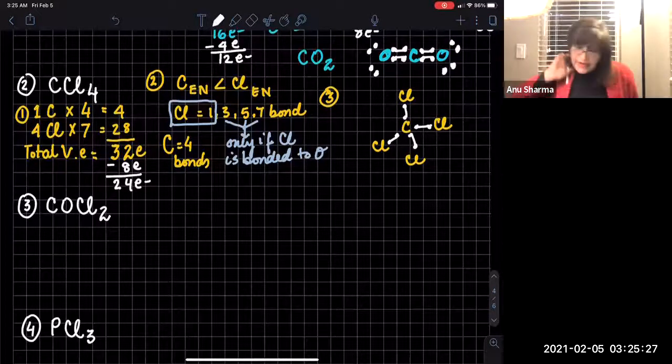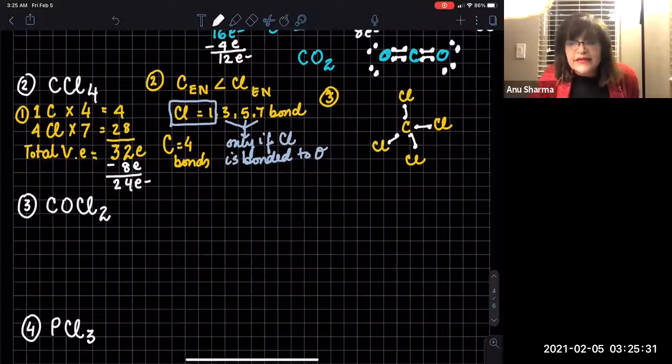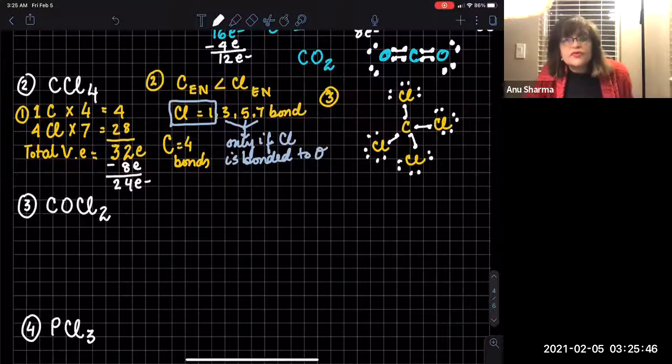Okay, so now we have 24 electrons, and those 24 electrons are going to be placed on the outer atoms. So 24 electrons have been used up that were remaining, and now we need to check